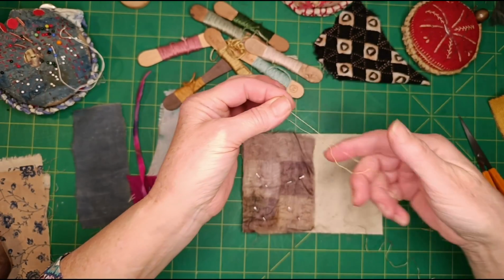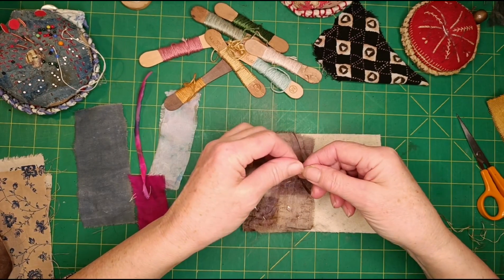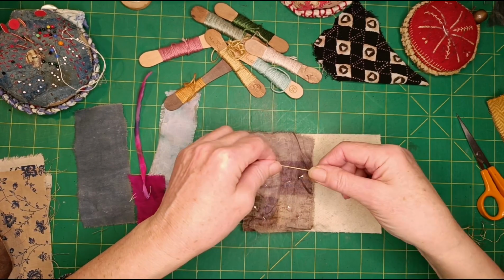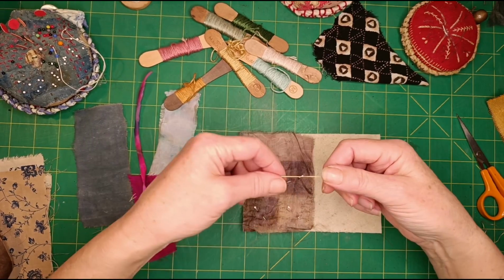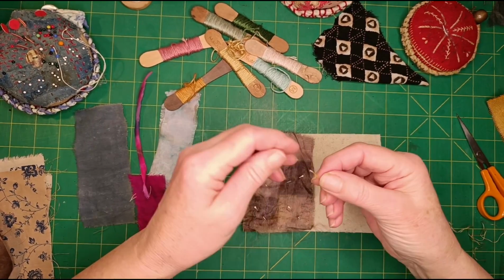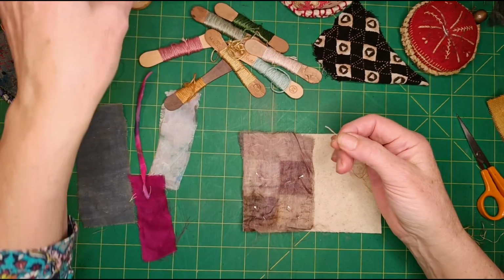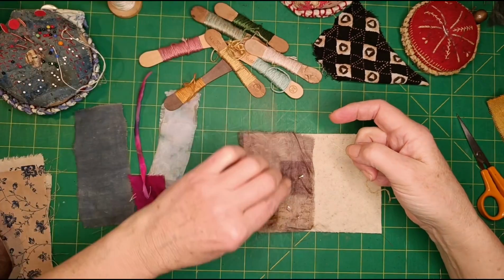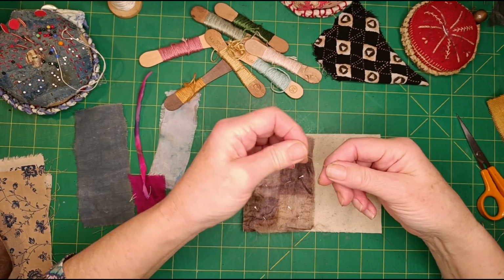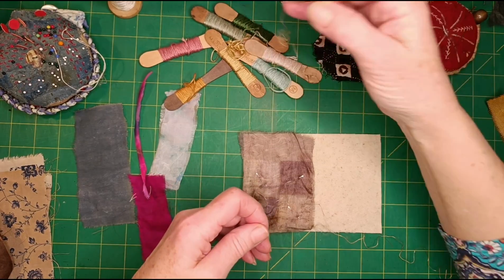Right, so I've taken 2 strands because that's my habit, but that's another thing you can consider. Obviously, what thread will you stitch with? If you're using a very fine cloth, then maybe 1 strand of thread is better. If you had a fine silk thread, maybe silk with silk will work better. The only silk thread I've got here is quite thick. I think I'm just going to go with 1 strand of embroidery floss,